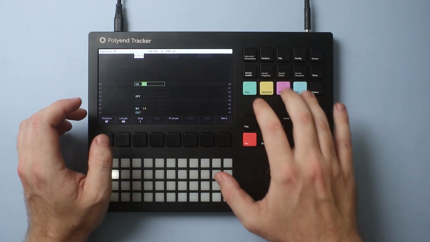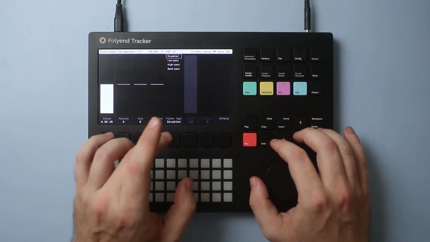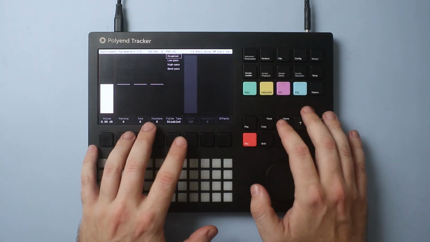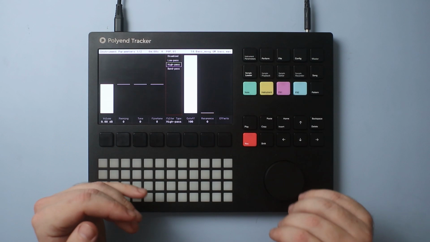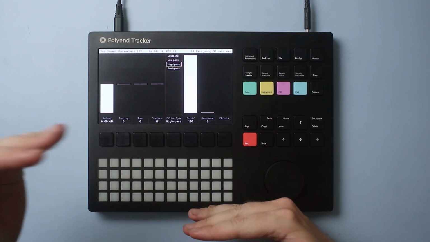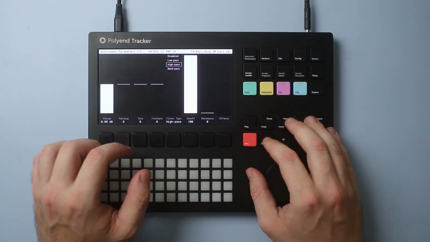So I'll go onto 14 and cool, I haven't used the filter. So the first way I like to EQ is we can use the filter as a sort of EQ. So with a high pass filter, we're only letting the high stuff through. But if we bring the cutoff down,